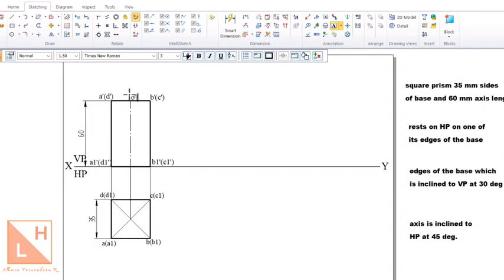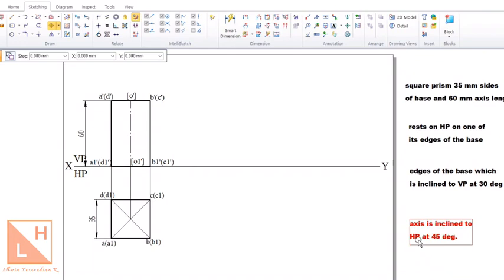So for our reference, let us name this as O dash in the top and O1 dash in the bottom. Now do not have any confusion why I am putting it inside the square bracket. It's very simple because I just want the axis line to be differentiated from the points of the solid. So points of the solid are named with A, B, C, D, A1, B1, C1, D1. Let us differentiate the axis line with the help of a square bracket.